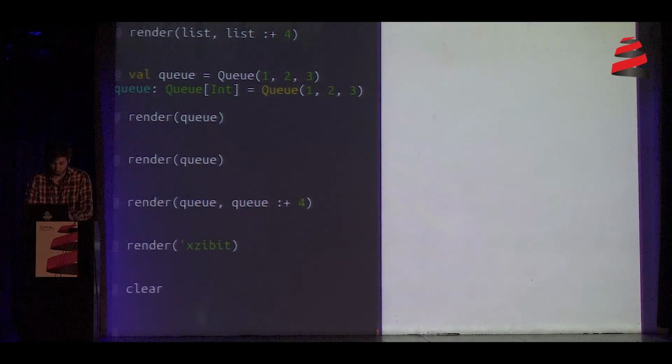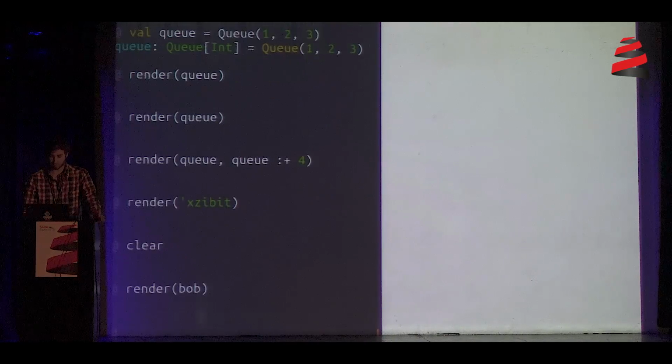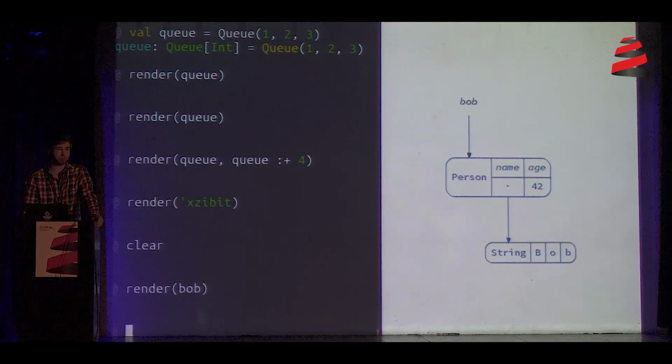So remember our friend Bob? Render Bob. So how does Reftree come up with this sort of visualization for Bob? Well, the first step is to convert Bob to a generic representation, and I use Shapeless for that. Some of you might have heard about it, and I think it was presented yesterday. So